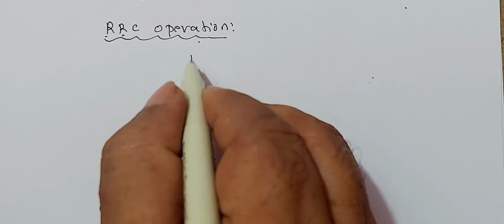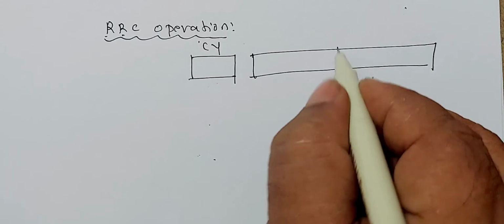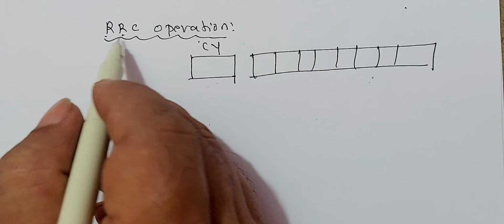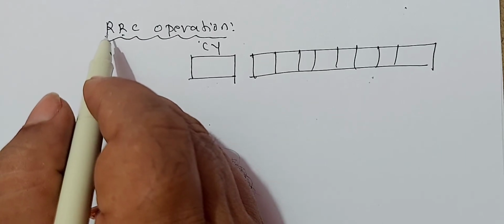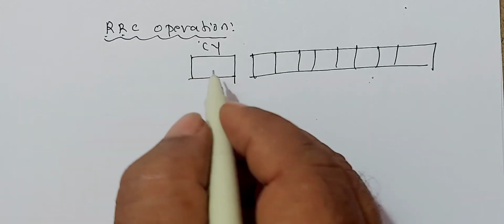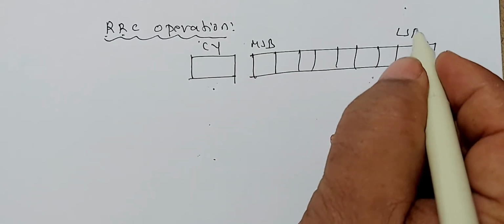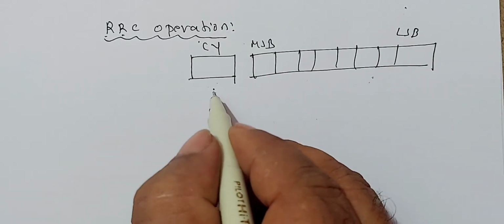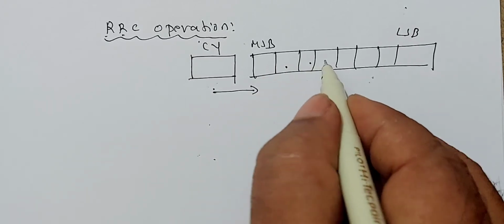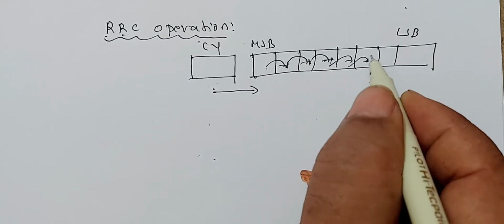Okay. So, if this is the carry bit and if this is the 8-bit register, how do you represent RRC? You have to rotate or shift the digits bit by bit to the right side along with the carry. So this carry goes, this is MSB, this is LSB. You are shifting right. Therefore, carry goes to MSB. This bit is shifted here, this bit is shifted here, this bit is shifted here. In this way, every bit is shifted to the right side.